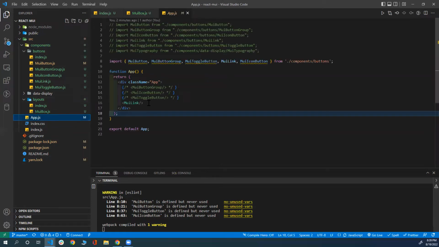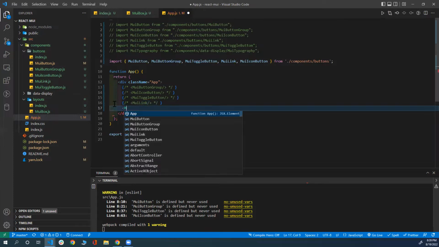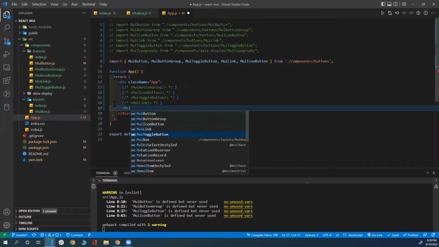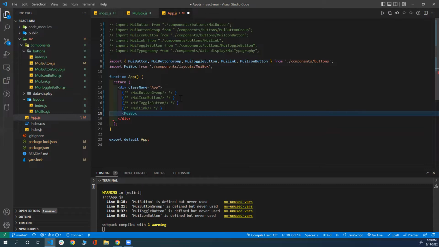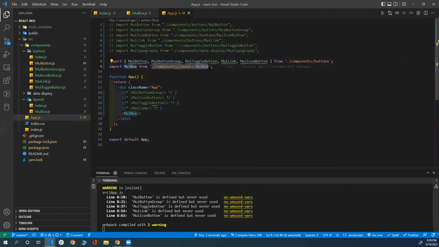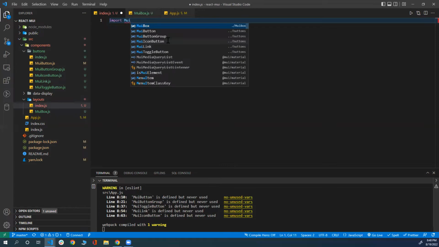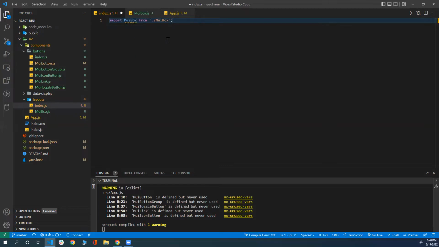I'm going to load it to the app.js. And now to import it, all you need to do is just MUIBox. And I'm not going to import it this way, which you can, but I'm going to get it from the layouts folder and I'm going to destructure it like this. Oops, it's not going to work because we didn't actually import it here. We need to add the import here, MUIBox, and then export our